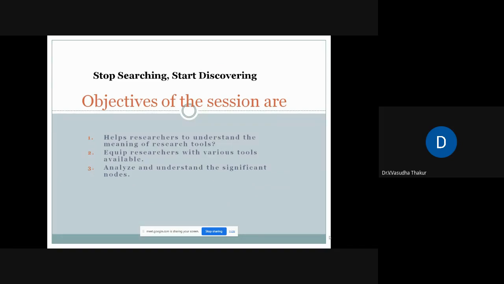A small statement. Stop searching and start discovering. Stop searching and start discovering. A researcher, when beginning the journey of doing research, maybe for publication of an article or for an extensive research work carried out for a PhD, probably starts the journey with a rigorous searching work of